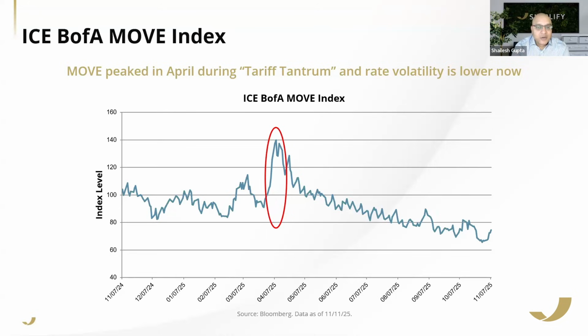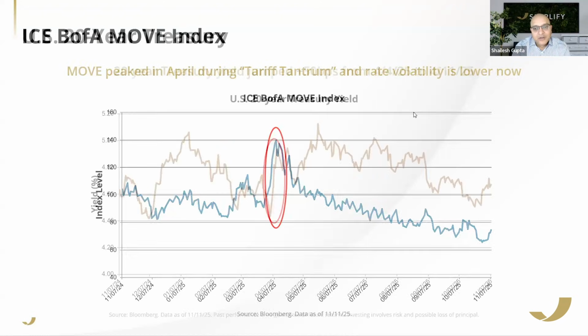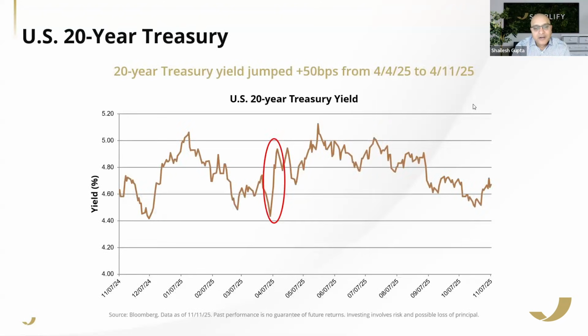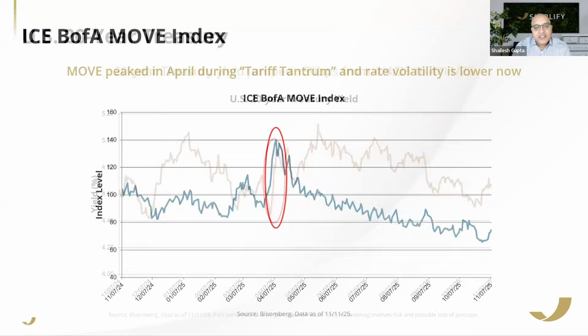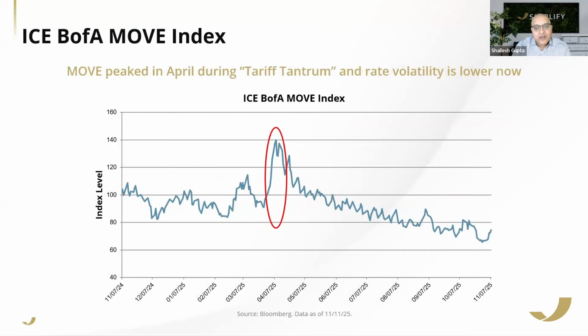So suddenly the rates are going down, and then suddenly they're going back up. These kinds of events are very, very rare in the treasury market, right? So that caused the MOVE index to go higher, and that kind of environment can be very challenging for the option